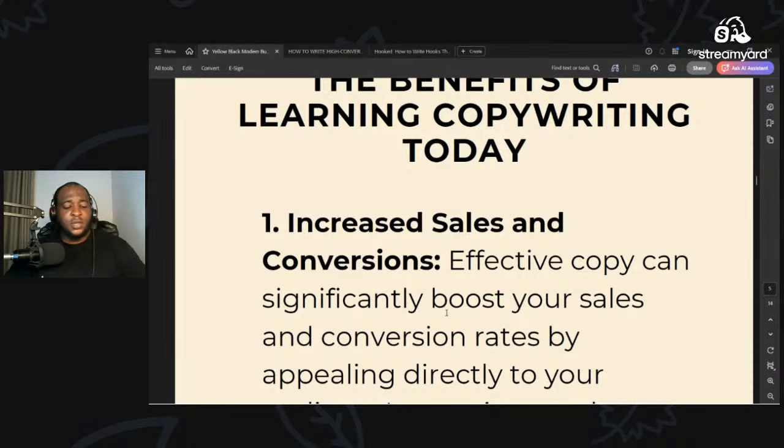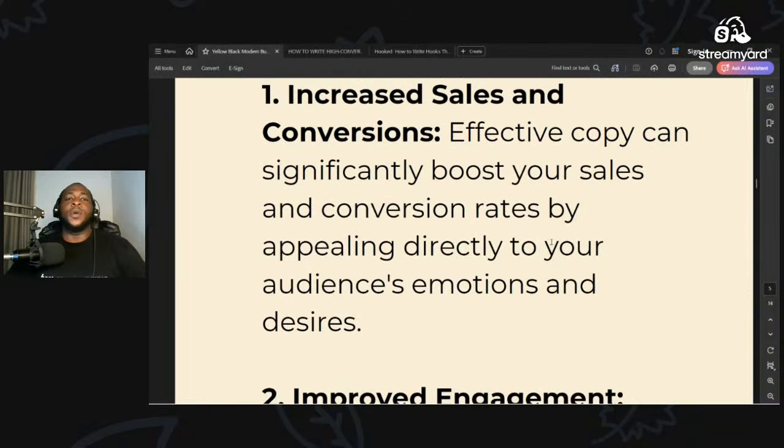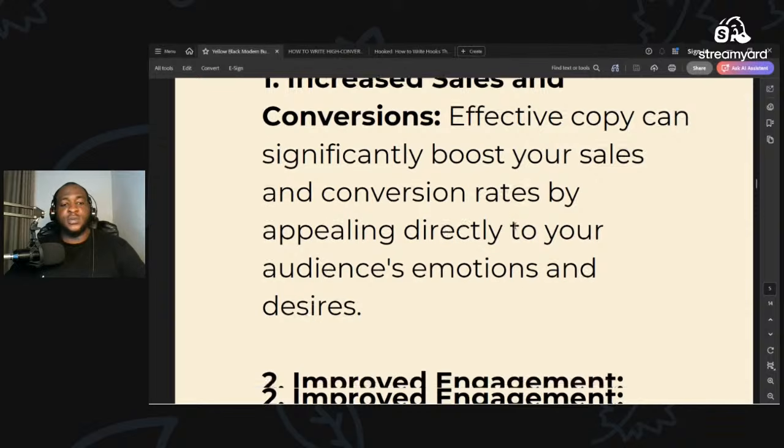I started using context. I started adding real testimonies. I started using how to drive sales, telling good stories online. And this is for my product, right? And if I can sell my own product, that means I can sell other people's products. So I started applying for jobs to help other people write copies online, and I was landing some good jobs online. So number one thing that copywriting will do for you is that it will help you increase your sales.